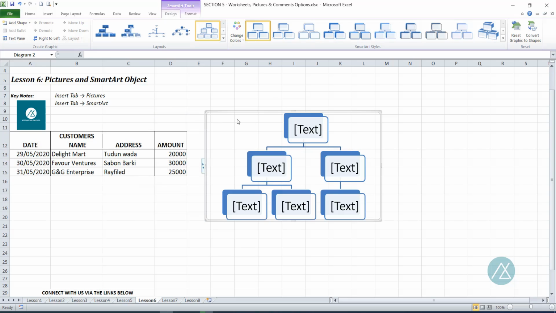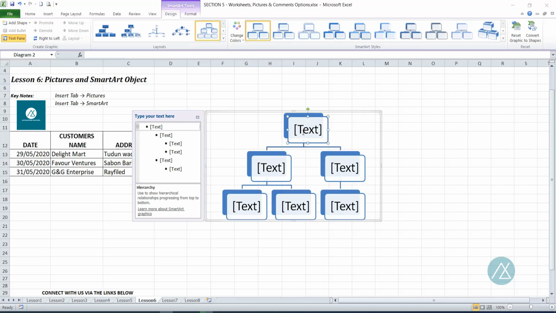I can close this here, and you can also input it directly. Whichever way, you can work with this pane, or you can directly work here. As you're inputting it, it will still be showing up here. Right. So should we just fill this in? Okay, let's just fill this in. Let's see, this director, admin manager, this finance manager,